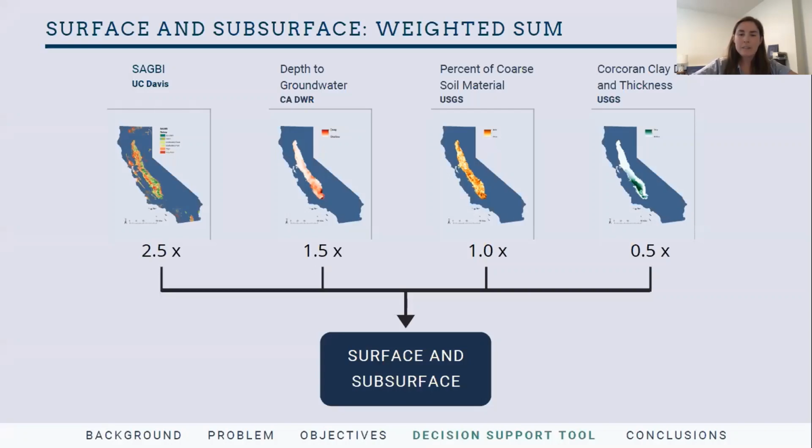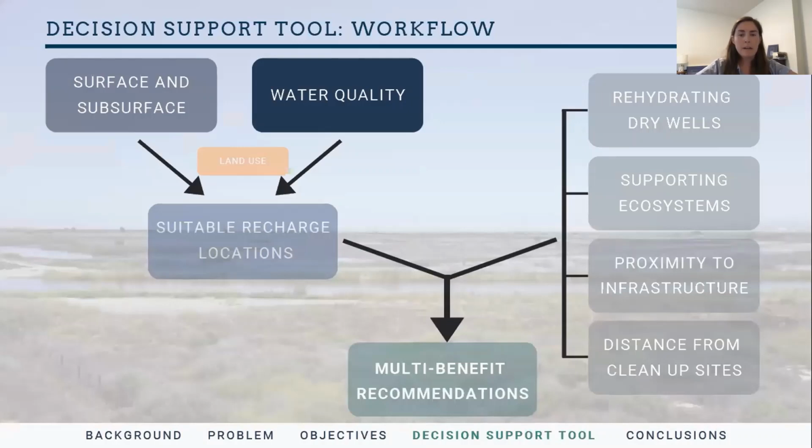After an extensive literature review, these values are what we thought to be reasonable based on the goals of our tool. Due to time constraints, we were not able to conduct a formal sensitivity analysis, but we did conduct many iterations of different relative weighting schemes to see the resulting changes in the output in the process of arriving at these values. So those are the components that are incorporated into the surface and subsurface part of the tool,